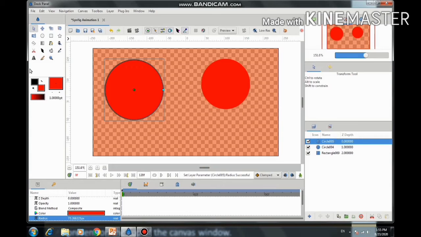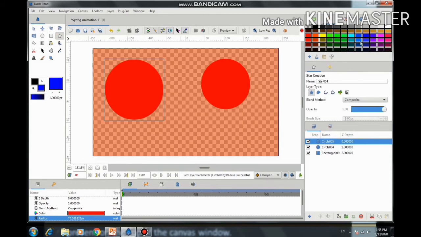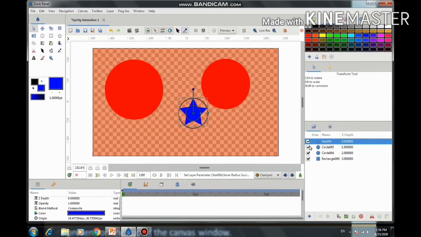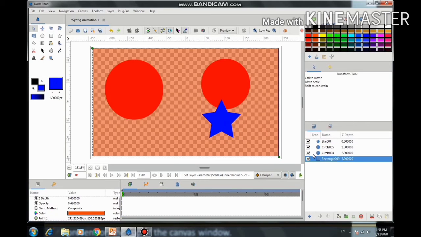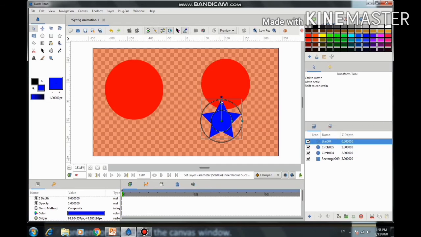Suppose here I am creating a star, selecting a different color and creating it. Okay, so here I have created a star. Here I can see the dark blue color, this is my position, then this is the star angle and this is the radius. Now suppose I want to see only the position, then all these ducks should be made invisible.